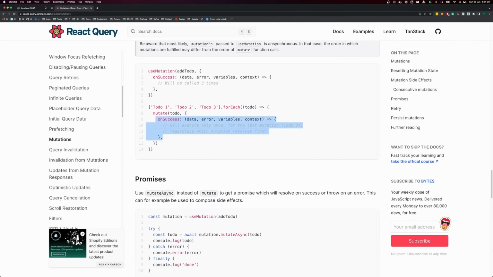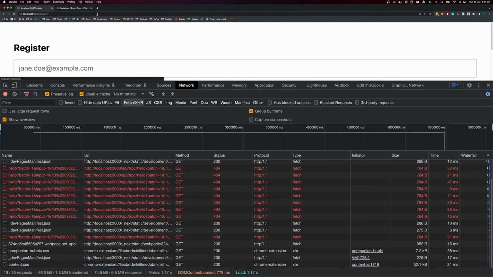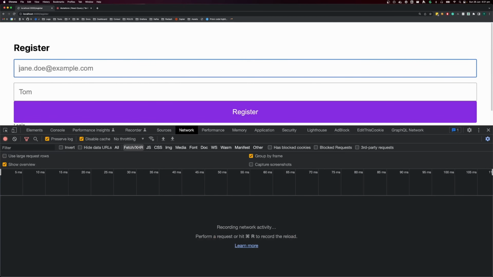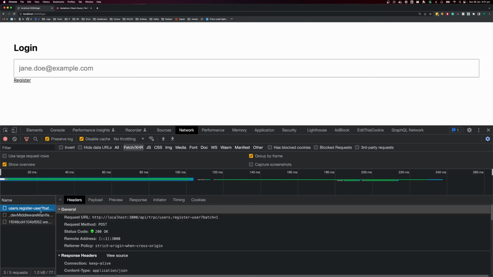Let's go back to our page, and I'm going to go to /register. We get this form here. So I'm going to register with t@t.com, and then the name is just going to be Tom. Let's click register. We get redirected back to login, so it looks like this was a success. You can see that we called /api/trpc